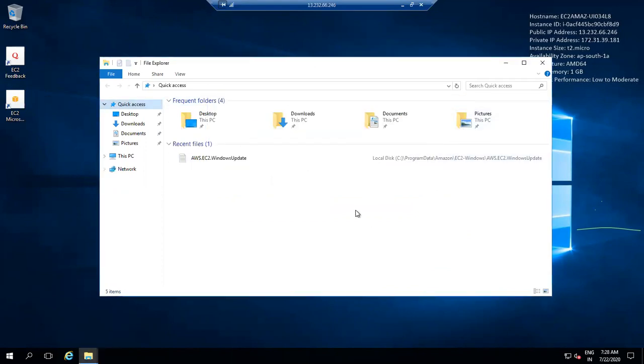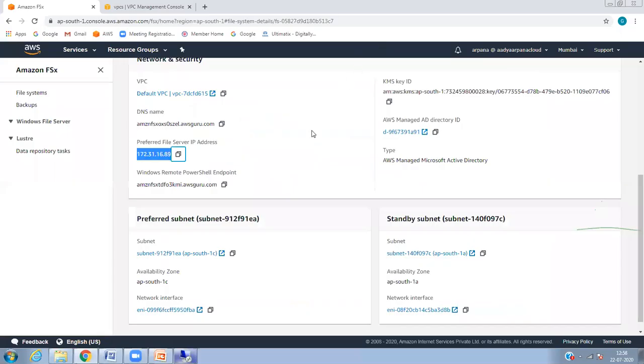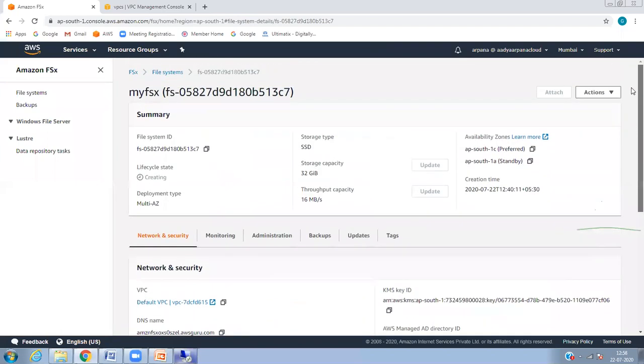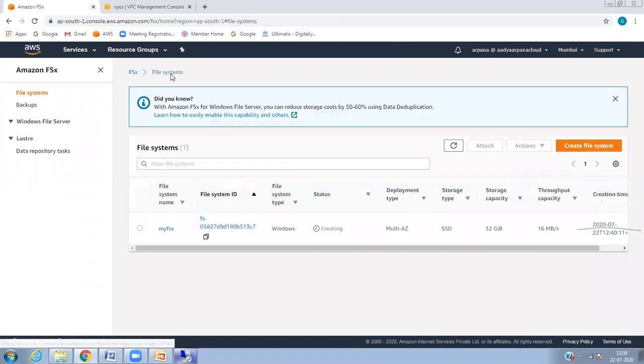I need to get a file system directory. I don't know, but maybe since it is 300 GB, that's why. Status is still creating, right?